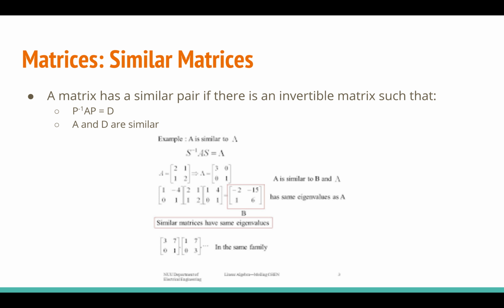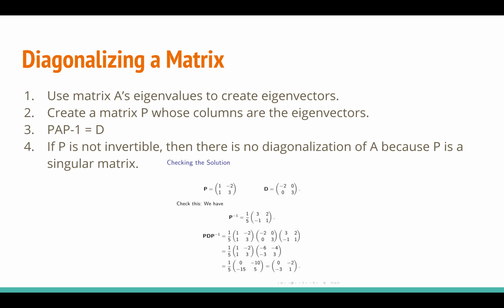What this has to do with is the diagonalization of matrices. So you have a matrix A, and you are able to get the eigenvalues with this operator. That's one example. There are others in which you have a similar translation, which is what a matrix represents, right? So I go into this step more thoroughly. You use matrix A's eigenvalues to create eigenvectors. With these eigenvectors, you create a matrix P whose columns are the eigenvectors. This gives you P A P negative 1 equals D, right? D being the diagonalization, A being the matrix we want to diagonalize, P being the matrix formed by the eigenvectors